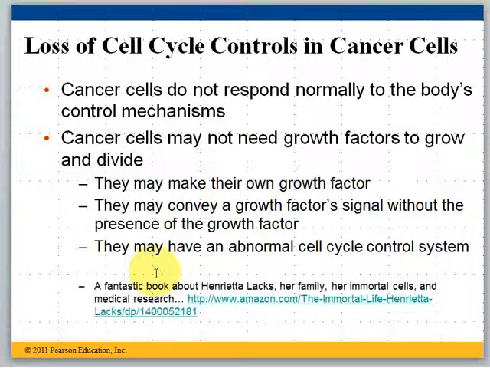So it's a very fascinating story about her and her life and her family, and these immortal cells of hers that are still used in research. These cells are called HeLa cells, from her name, Henrietta Lacks. And so there are cells that are still reproducing since 1951. So this woman has died many, many years ago, but there are still cells from her body that are around and are being used in medical studies all over the world.